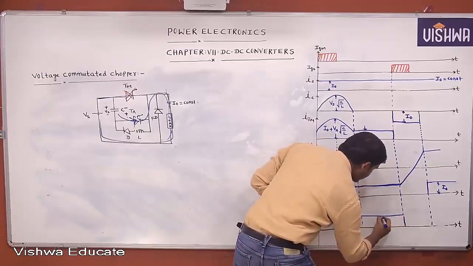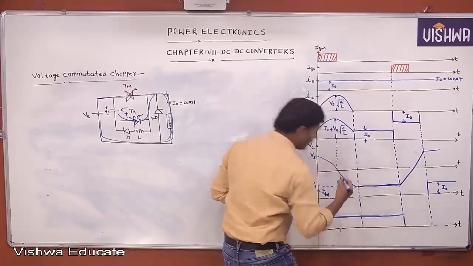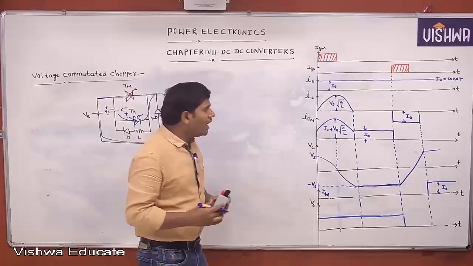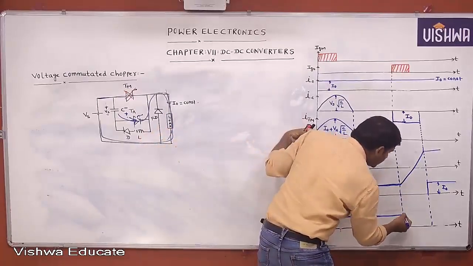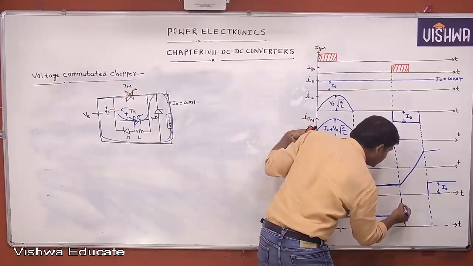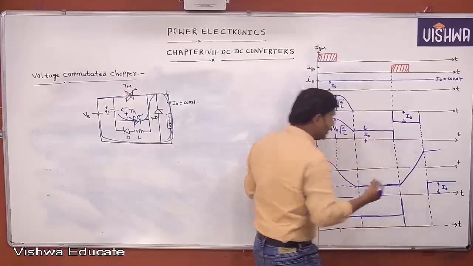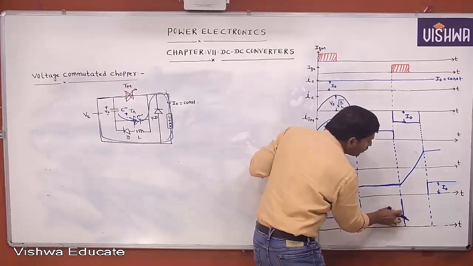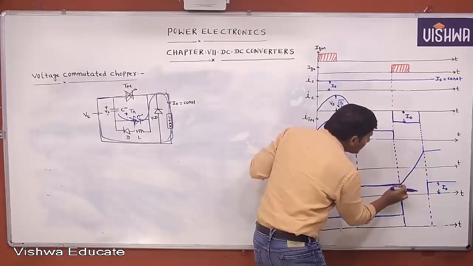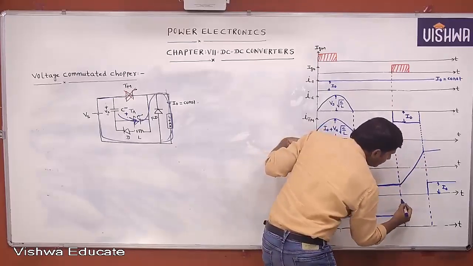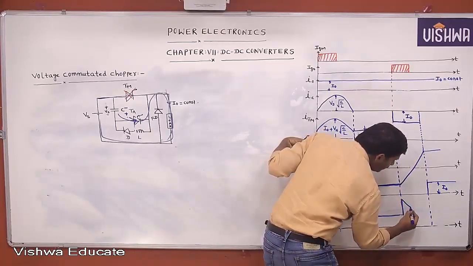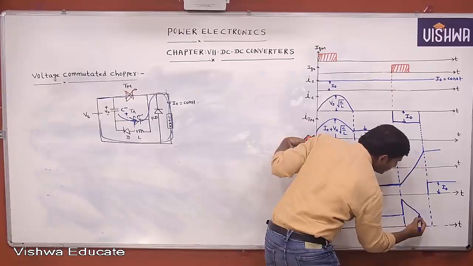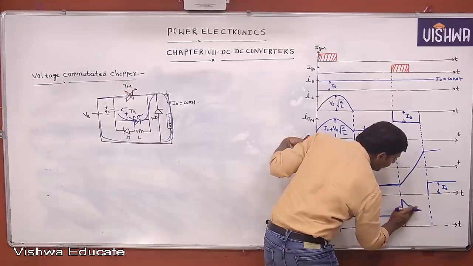Up to this it is Vs. But at the instant of triggering of the auxiliary thyristor, it is 2 Vs. Then at that instant it is 3 Vs. But slowly the capacitor is changing its polarity now. Then the load voltage is also slowly reducing. It goes to Vs. Then completely it falls to 0